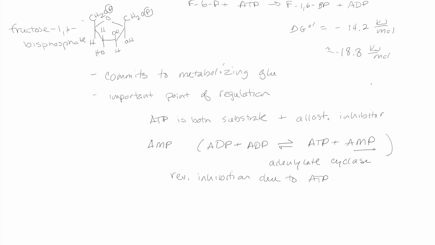And we're going to keep coming back to this concept of cellular energy status helping to dictate primary metabolism. So phosphofructokinase activity is increased when the energy status falls and is decreased when the energy status is high, meaning